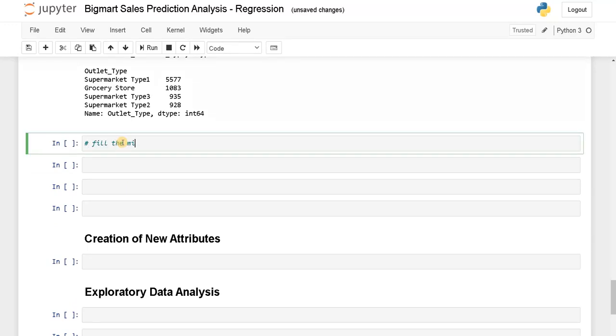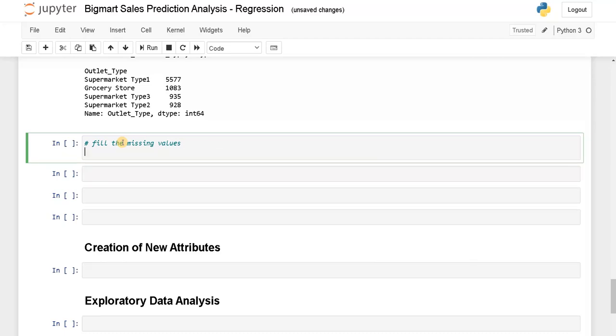Fill the missing values. You can directly get the mean of that particular column and fill it using that. But here we are going to go in depth. So I'm going to calculate the mean based on the item identifier. So I'm going to use the pivot table function that is inside pandas. It will be very useful for creating new categorical columns and filling those missing values based on the category. item_weight_mean equals df.pivot_table.